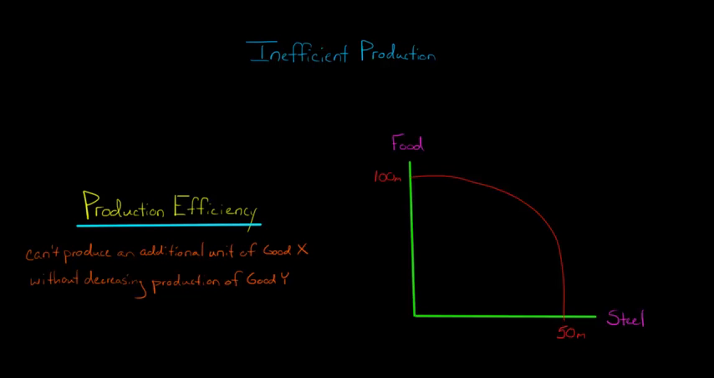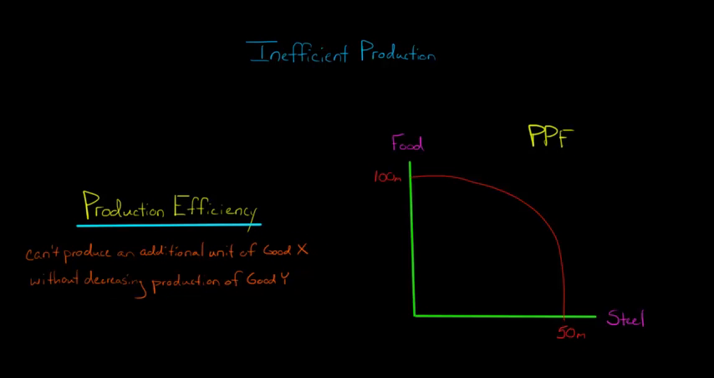And we know that all the different points along this line, our production possibilities frontier, that's this curve here, all the points along this line are different combinations of food and steel. And as long as we're along this line, we'll say that the combinations are efficient in production, or that we have achieved production efficiency, which means that we couldn't produce an additional unit of one good without decreasing production of